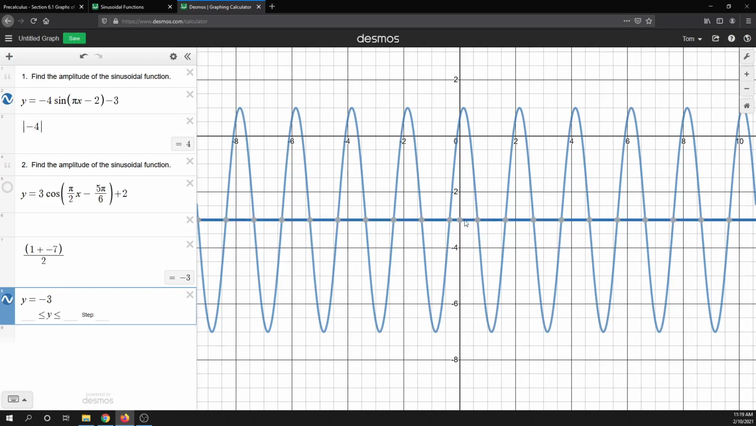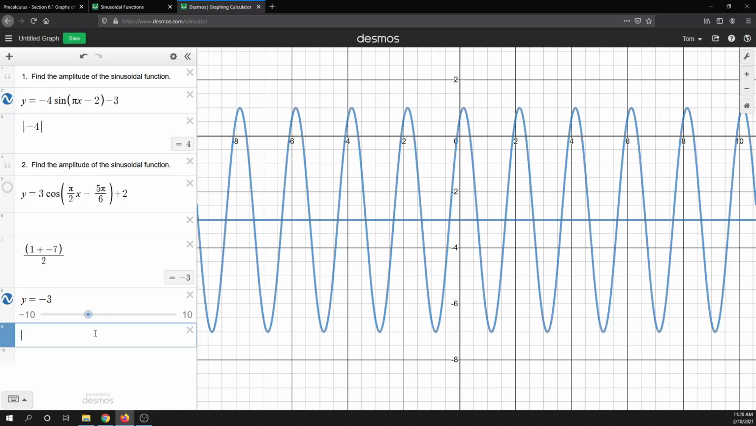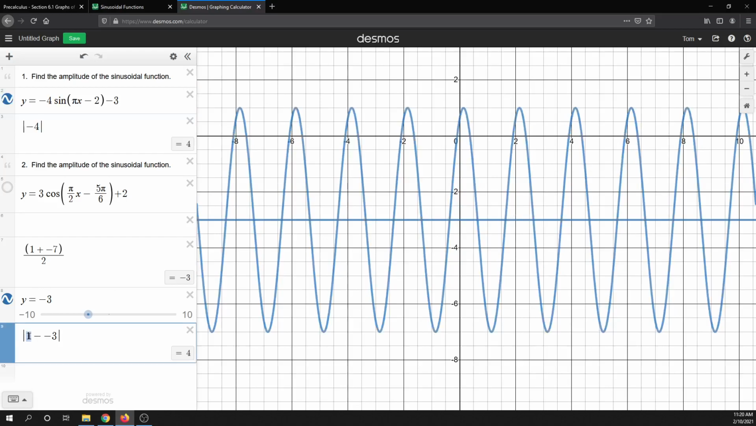And then what you would do is find the distance from this line, y equals -3, up to a high point or low point. So in this case, what's the distance between 1 and -3? You can get that by subtracting and taking the absolute value of those two numbers. So 1 minus -3 would come out to be 4. The absolute value of 4 is 4. Or you could do it down here as well, with -7